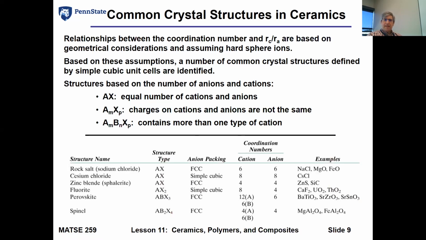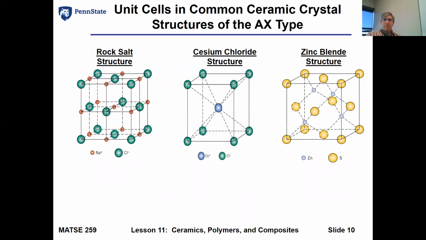What we tended to see is, depending on the number of cations and anions, it gives us certain crystal structures. If we have an equal number of cations and anions, we have this AX type structure. We see cesium chloride as a common one, zinc blende, rock salt. We see the anion packing can take these cubic type structures, but when we refer to crystal structures in ceramics, we're really referring to names that we come to,